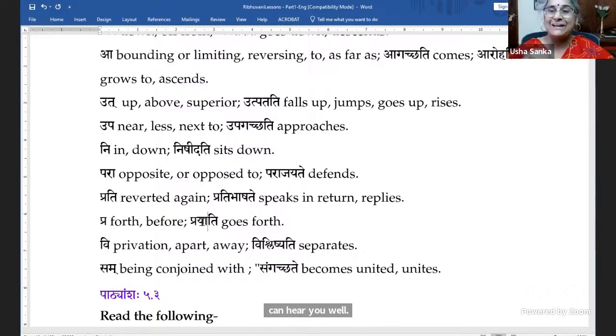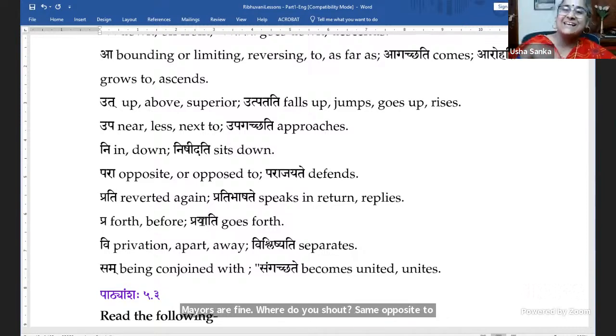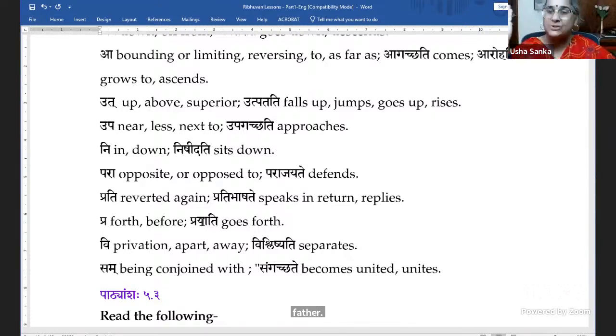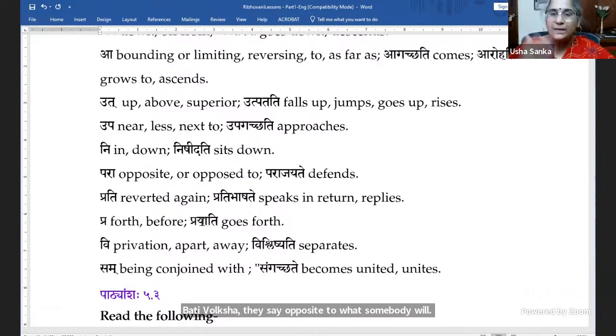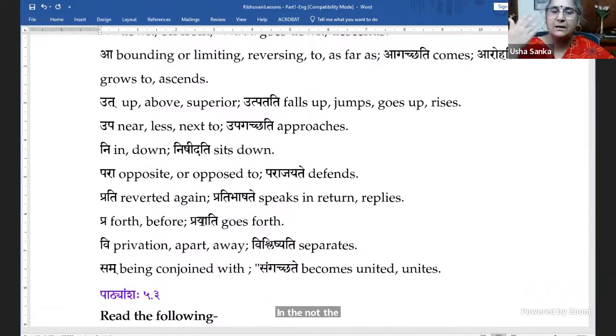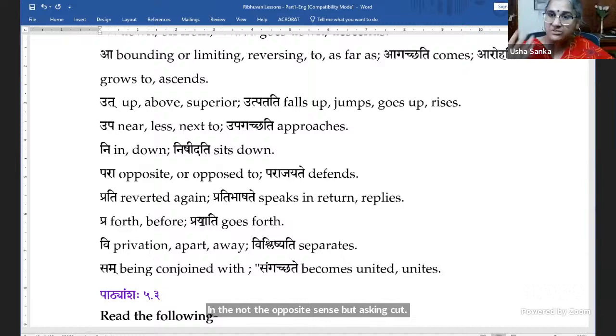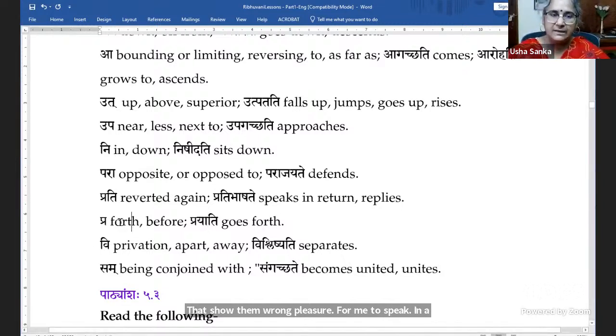Okay, he is not just replying to his father. Pratibhashate is saying opposite to what somebody will. Not in the opposite sense, but as to cut, attack, show them wrong, like that. Okay, to speak in an abusive manner, sometimes pratibhashate. Okay, so prati is reverse. Then pra, forth, and